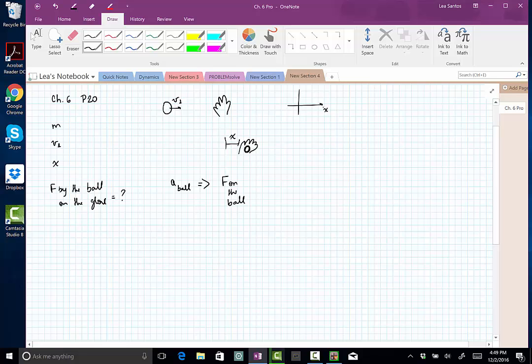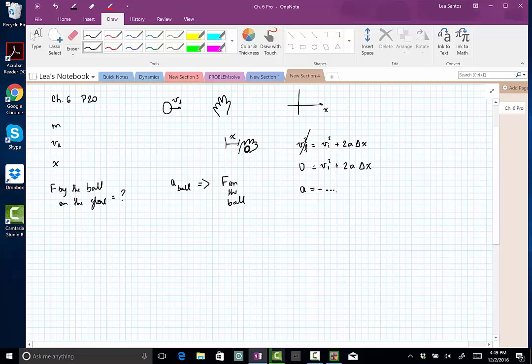All right. And what do we have? According to chapter 2, how could we find the acceleration if we didn't have any information about time? We could go with this expression. Final velocity squared is equal to the initial velocity squared plus 2a delta x. Final velocity of the ball is 0. The initial velocity is given to us, and the delta x is that x that is also given to us. So from this equation, I'll get an acceleration which is negative,